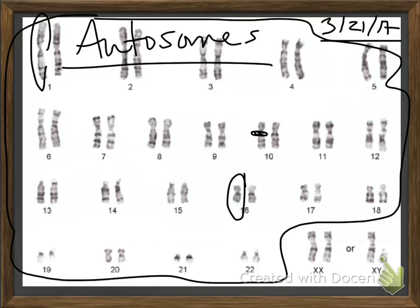The 23rd pair are the sex chromosomes. Those sex chromosomes determine biological sex, male, female. The sex chromosomes, females get what? 2 X's. XX. Males get XY, which means, gentlemen, that you are running down the road with no spare. It means that males who have a single X and a single Y have no backup plan for some genes,